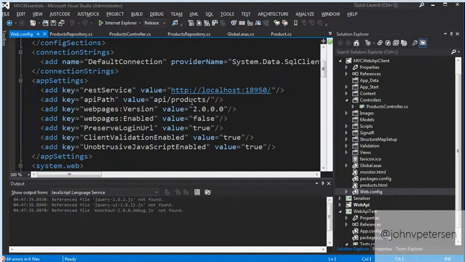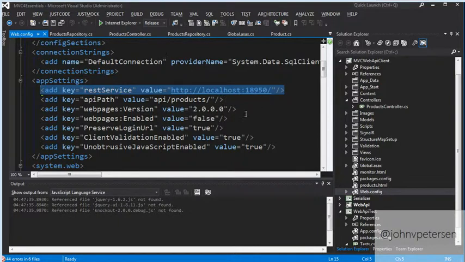In an MVC application, if you're connected to a database, you've got to have a database connection string somewhere. You typically would have that in the web.config. There is no database here. The data that we're working with is exposed in our Web API. And how do we find it? Well, this is just the mechanism that I used. There are all kinds of different ways that you could go about doing that if you wanted.